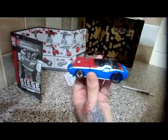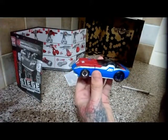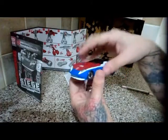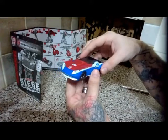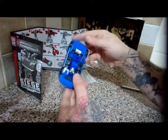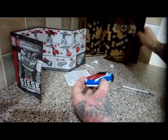The weapons on the top, obviously, it's if you want to display them like that, or if not. But to tell you the truth, I reckon I'm going to keep him as a good old robot mode, and we'll go from there. So that is my review on War for Cybertron